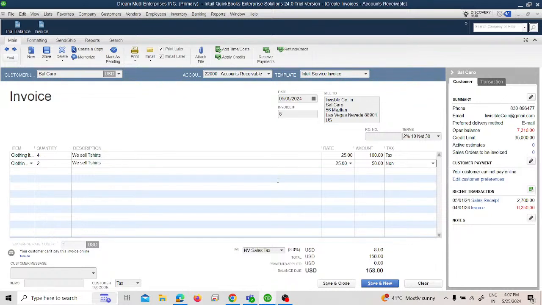So here you will see that we are just creating an invoice of 6 quantity, but only the $100 will be charged. So the $100 will be charged at a rate of $25 each, which will cost 4 quantity. So only the 4 quantity will be charged at 8%. When we click save and close,